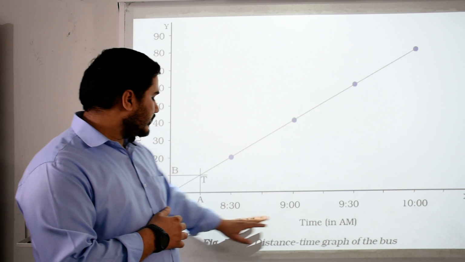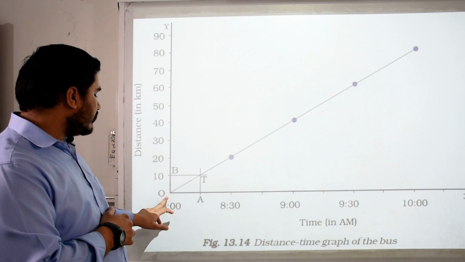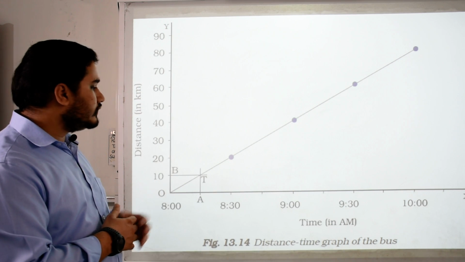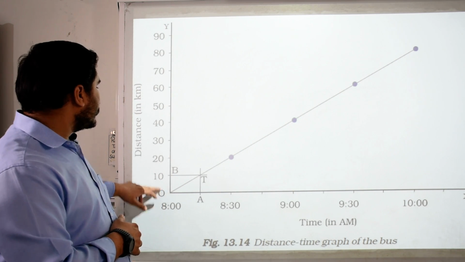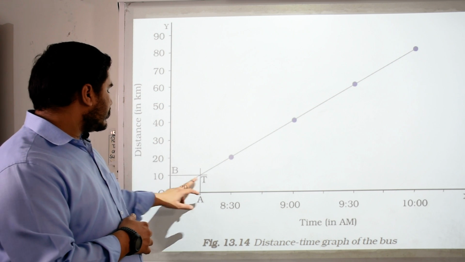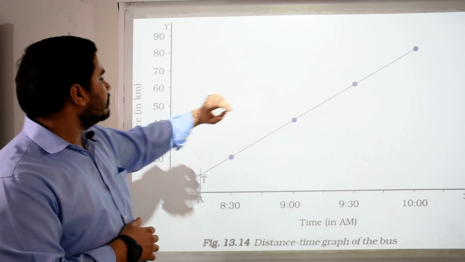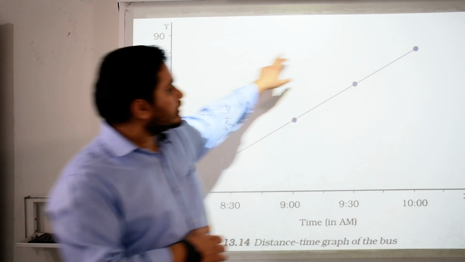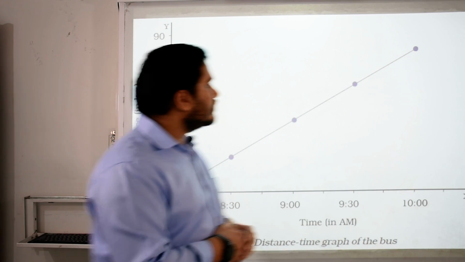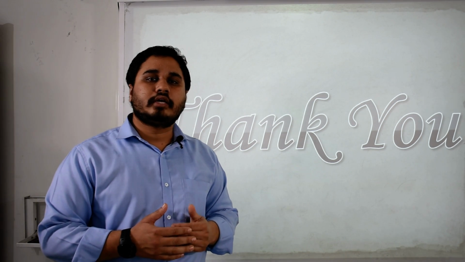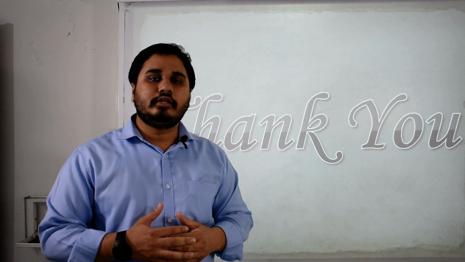The time will be mentioned here: 8, that is our starting point at 0 kilometers, 8:30, 9, 9:30 and 10. That is the x-axis, and on the y-axis the kilometers are to be mentioned. So at 10 there is a point; marking the same point at 10 am, we have 80 kilometers. So these sections will be mentioned here and we draw the graph. So I hope motion and time can be easily shown on graph paper and on the chart. You can easily show how much distance and time will be taken to cover this.